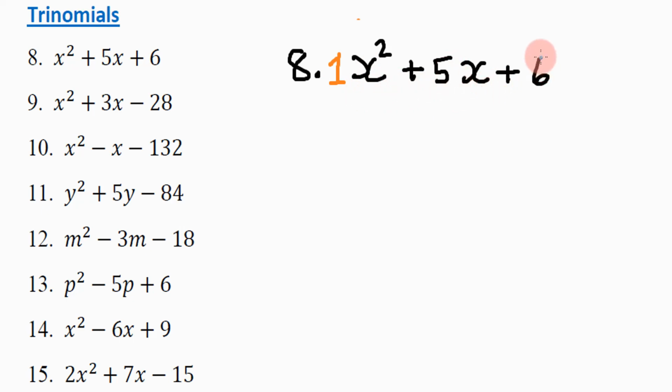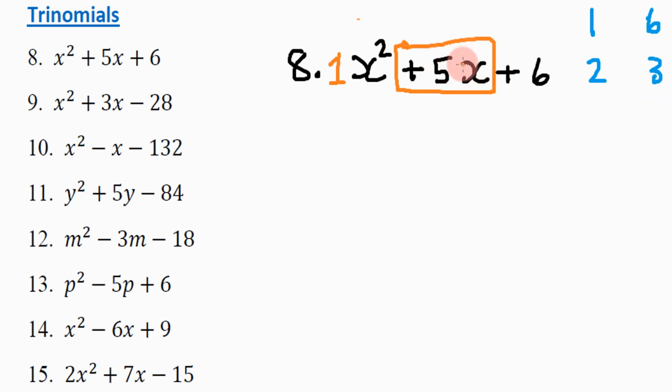So we start by looking at the constant here, in other words, a number without an x in it. In this case, it's 6, and we start by writing down the factors of 6. So it's 1 and 6, 1 times 6 is 6, and also 2 and 3, because 2 times 3 is also 6. Now we look at the middle term. We need to get positive 5x. Now we ask ourselves the question, which of these two sets of factors will give us 5 when we add